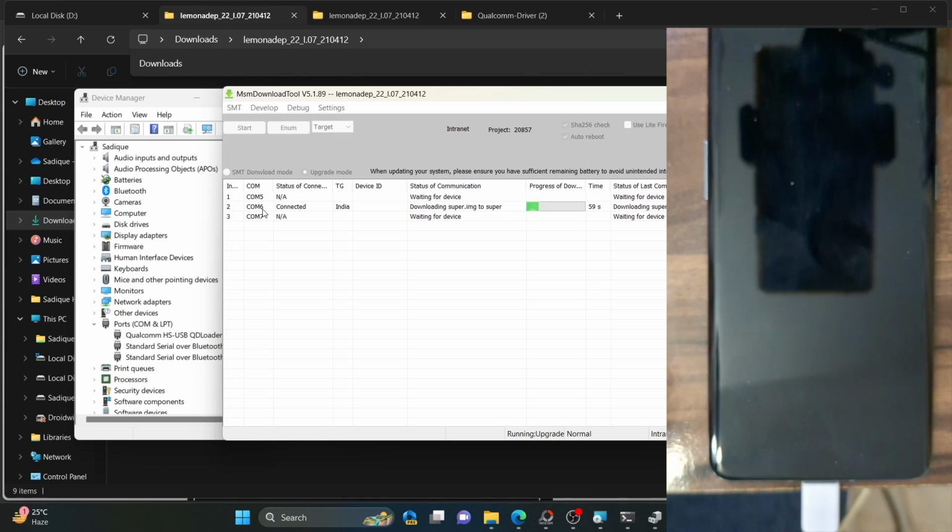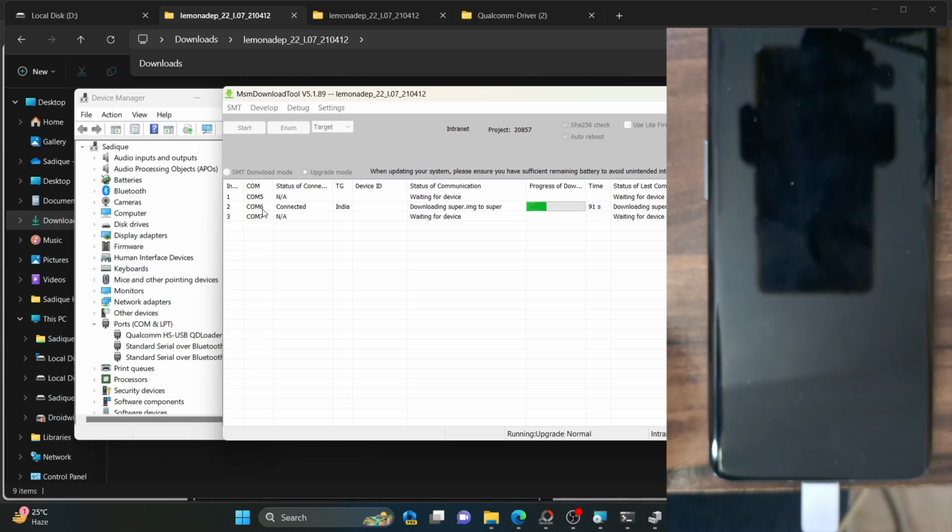If you're also getting Sahara communication failed, then try using a different USB port and also a different USB cable. In my case, the original OnePlus cable never works when it comes to booting to EDL mode. Rather, I have to use a cable of either the Pixel or the Motorola phone, but the original OnePlus cable never works in my case. As you might see, it's the white cable which I'm currently using. So you could also change the USB cable and the USB port.